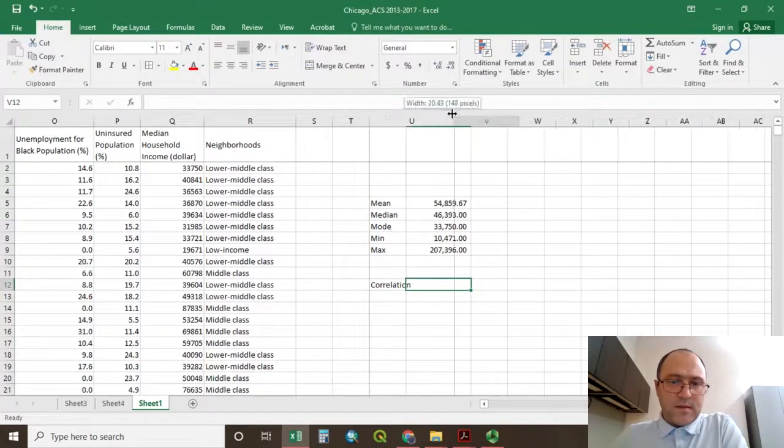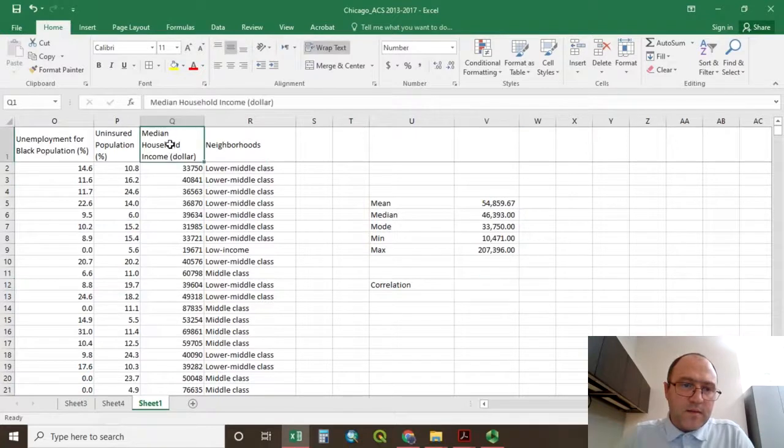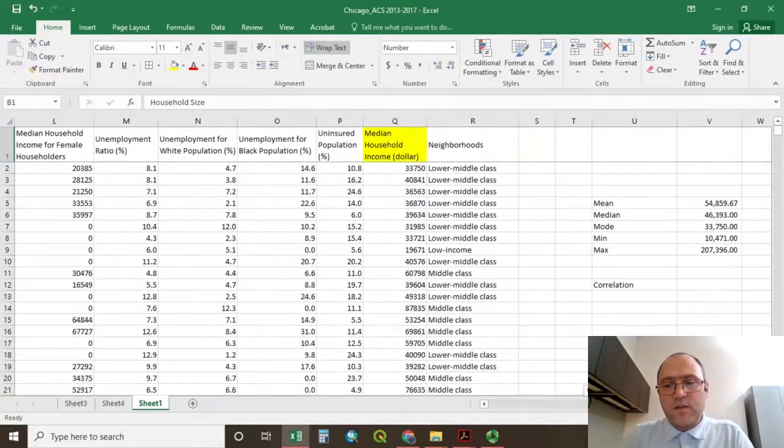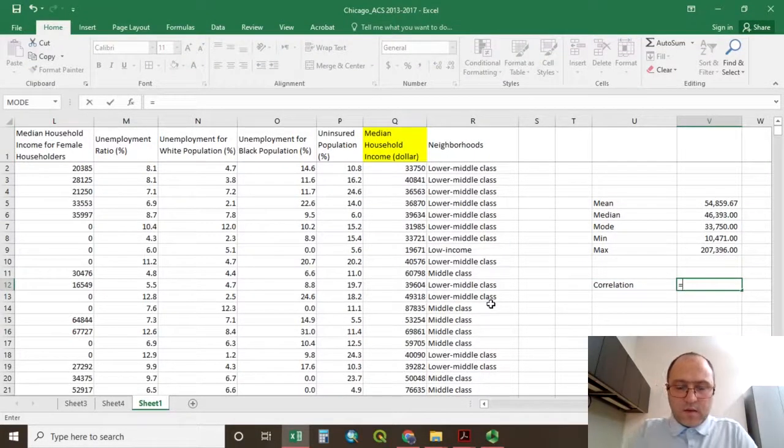Next function that I'm going to talk about is the correlation, how you can calculate the correlation between two variables. Here I'm going to choose the correlation between the median household income and household size. Okay, I am going to choose these two variables, median household income and household size. And to obtain the correlation,